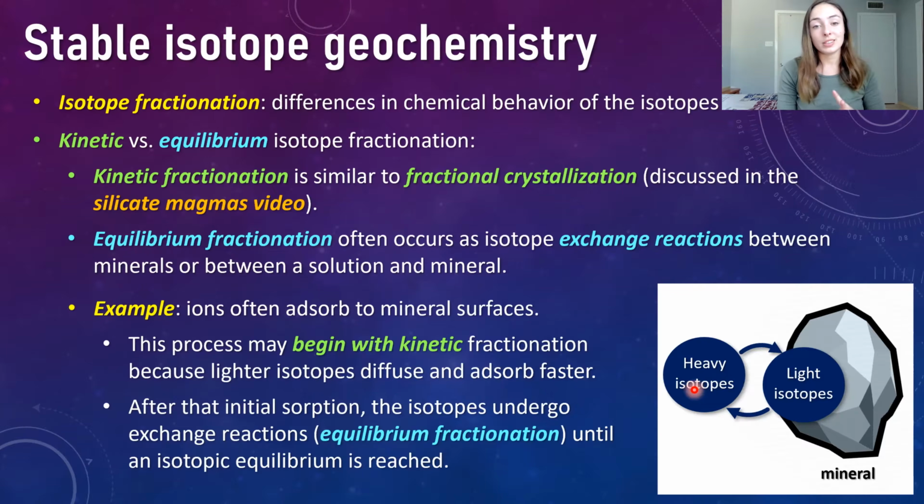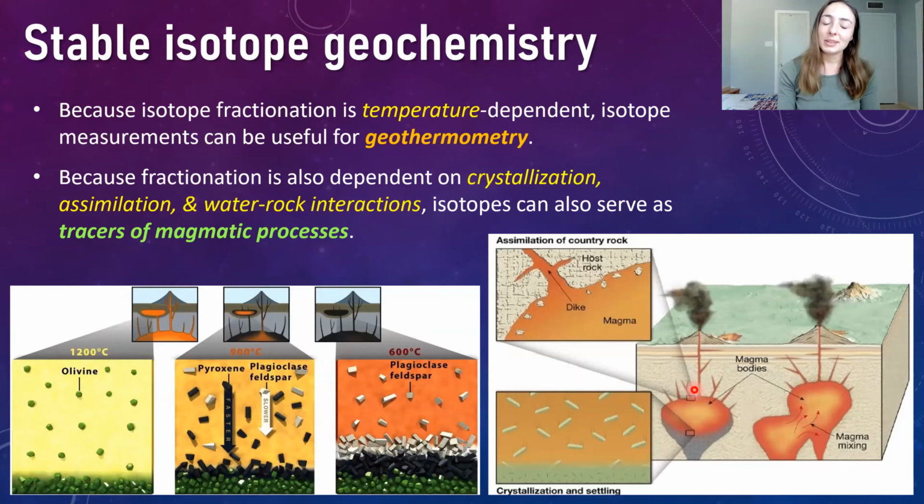But when it comes to igneous petrology and understanding the formation and alteration processes that led to the formation of any given igneous rock that you might be looking at, how can stable isotopes and understanding isotope fractionation really help us with that? Well, the good news is stable isotope fractionation is temperature dependent. Because of this, isotope measurements can be super useful when it comes to what's called geothermometry. But fractionation is also dependent on crystallization and assimilation processes, as well as water-rock interactions while the magma is cooling and crystallizing. So isotopes can also serve to trace magmatic